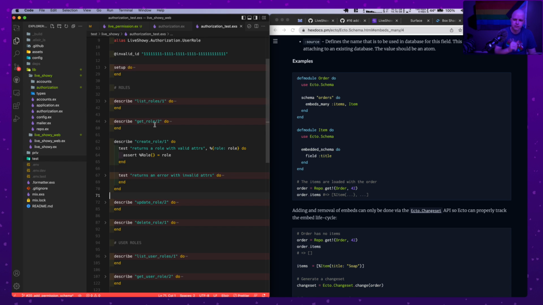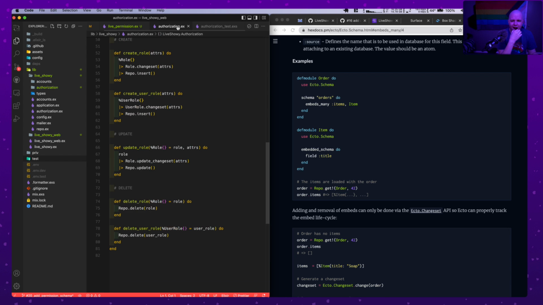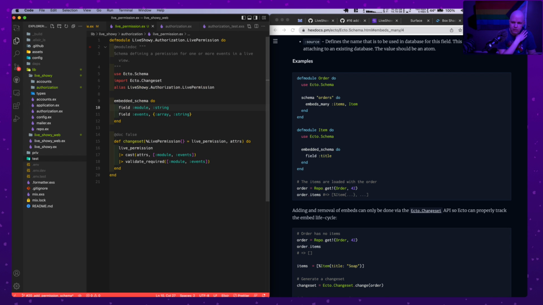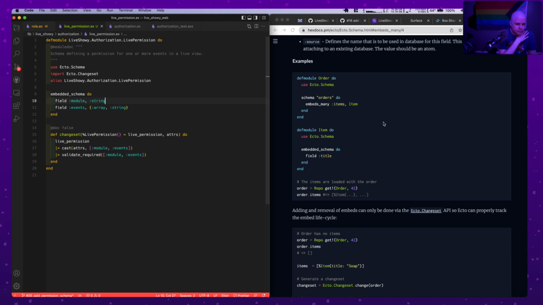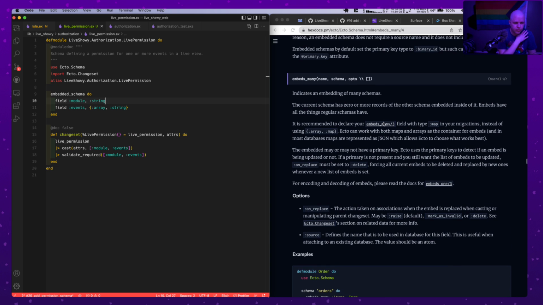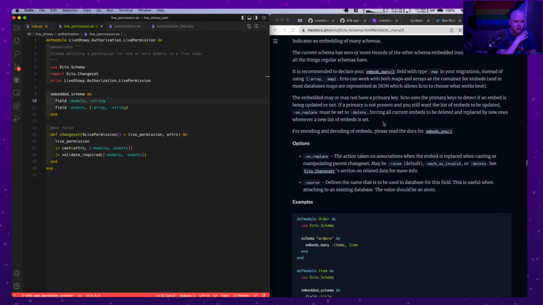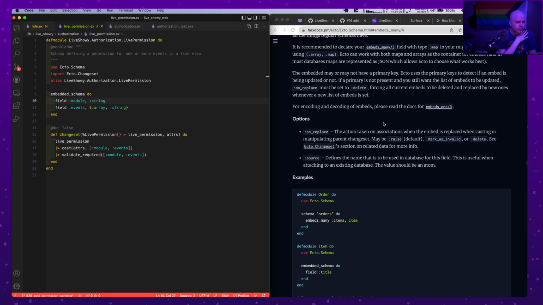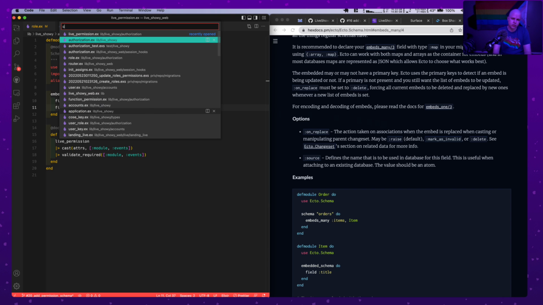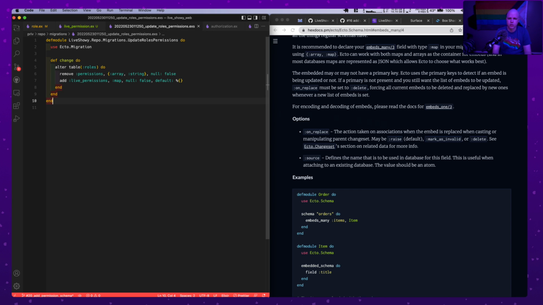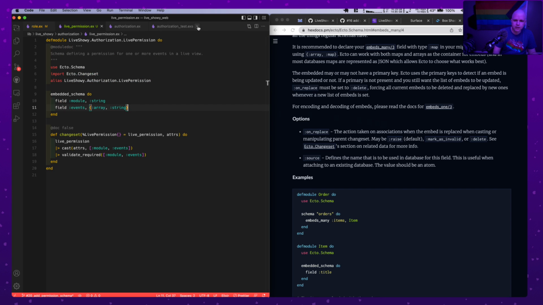Let's see. All right, let's read through these docs again. So embeds many, recommended to declare field map. Did I do that? Let me just make sure. Yep, okay. Live permissions is a map. So Ecto can do whatever it wants with the map, basically. Okay, and then